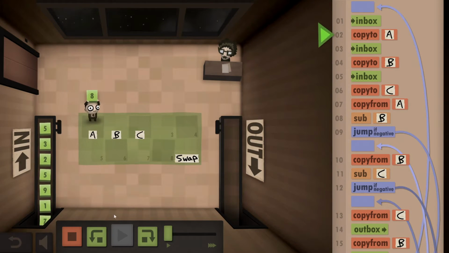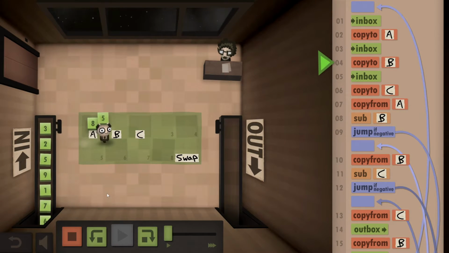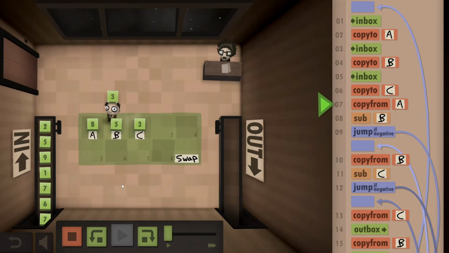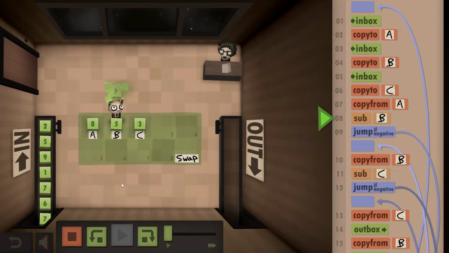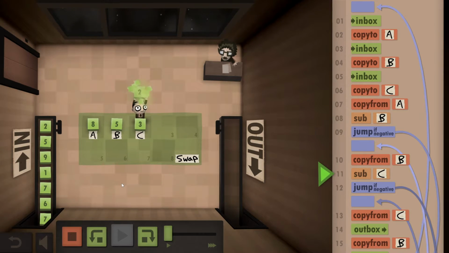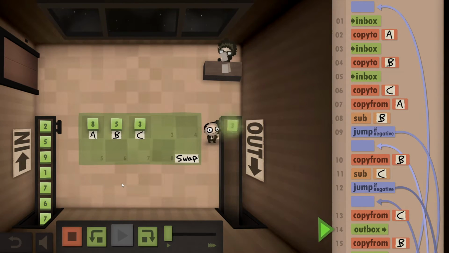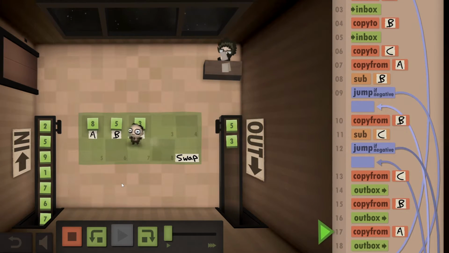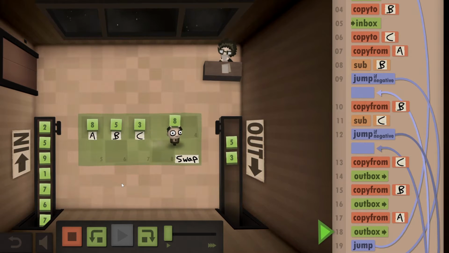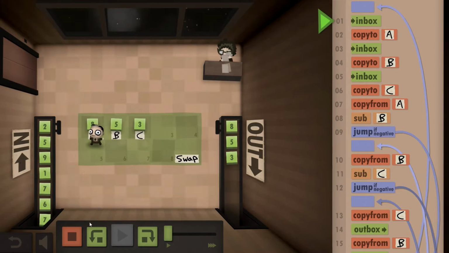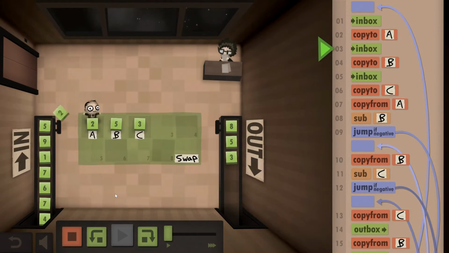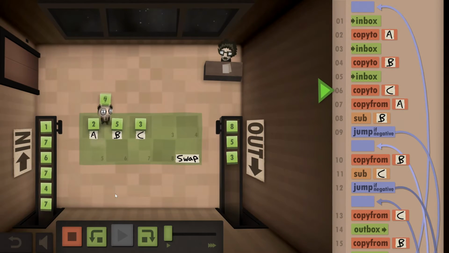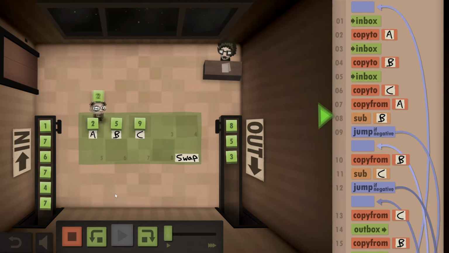Here we go. 8, and 5, and 3. They're already in order, so I don't need to do any swaps. Cool. So we outbox 3, then we outbox 5, and then we outbox 8, and we start again. Now these are going to be in the worst possible case for a bubble sort, where you have to do all of the swaps, but you'll